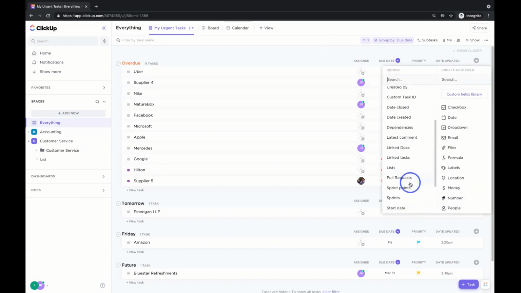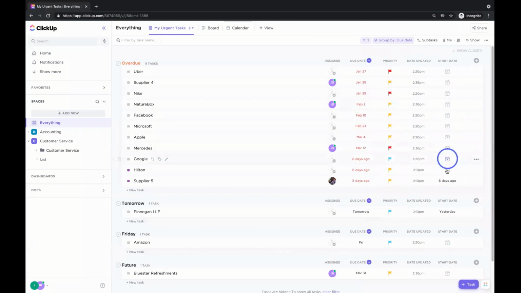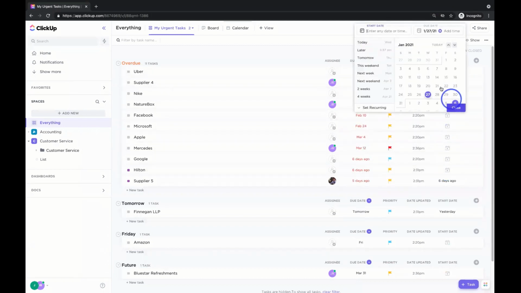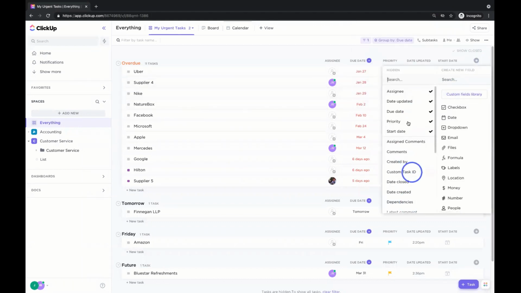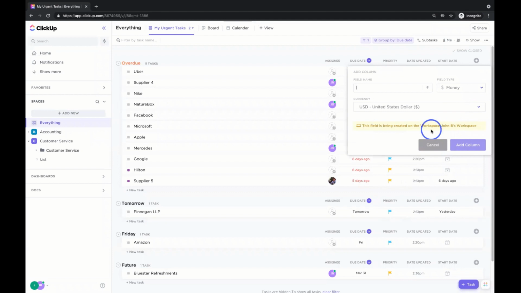Perhaps I might want to see things like the start date that's on any particular task. Well, now I can see those start dates and I can see it rather easily. I can just click, this is the date that I want to have that started. There you go. So you can add in custom fields. You can add in fields here on the left-hand side, or you can create new custom fields on the right-hand side. And we can do that just by clicking the particular type of custom field we want to create and creating it.